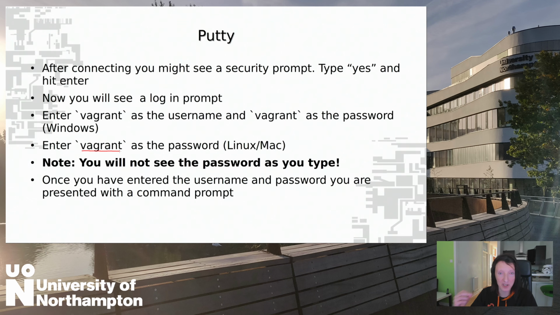And although it's a bit disconcerting at first, when you type out the password prompt, it doesn't look like anything happens on screen. There's no visual indication that it's accepting the keys. There's no asterisks. It doesn't even flash the cursor. You just type the password and press enter. It will work. You just have to type vagrant and press enter and it will accept the input. But if you're not familiar with it, it does look like nothing's happening. So just be aware that as you enter the password, nothing will appear on the screen. Once you've logged in,